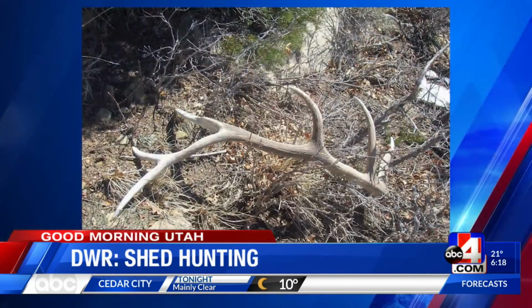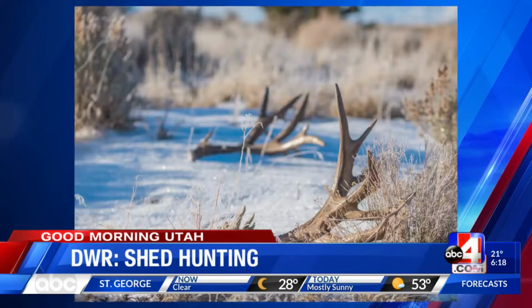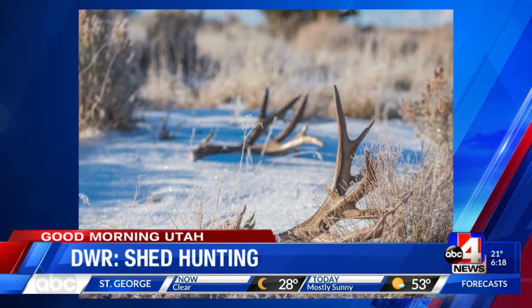So this is a new concept to me. Can you explain exactly what shed hunting is? Every year, over this time of year, antlers start falling off of buck deer, bull elk, bull moose. It happens every year, and then they grow back, sometimes even a bigger size during the fall. So these things just fall off the heads of these animals and are lying out there in the